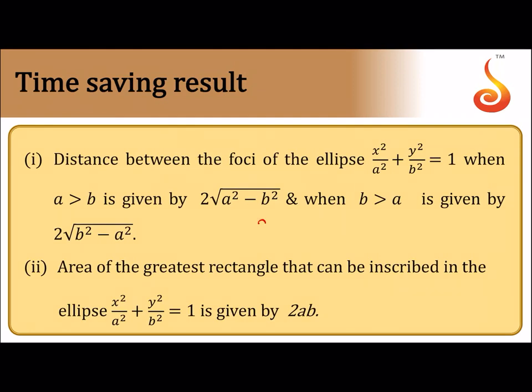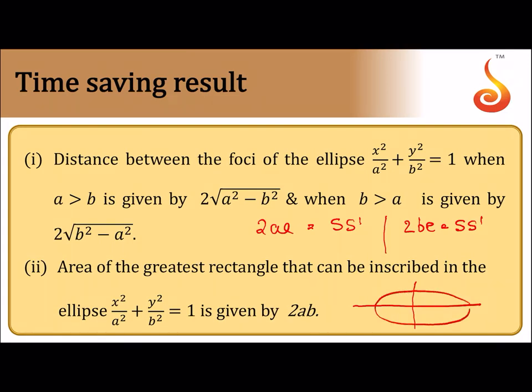So distance between the foci, already we discussed. Distance between the foci is 2AE. Is the distance between the foci SS dash. So very important, 2AE. If in the other case, if you take a vertical ellipse, 2BE is equal distance between the foci. Area of a greatest rectangle that can be inscribed in an ellipse will be,